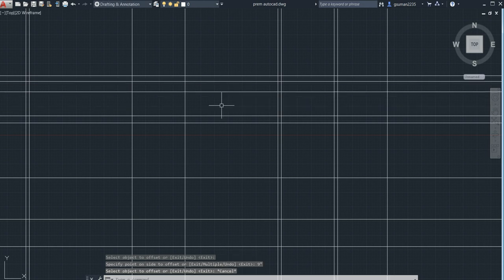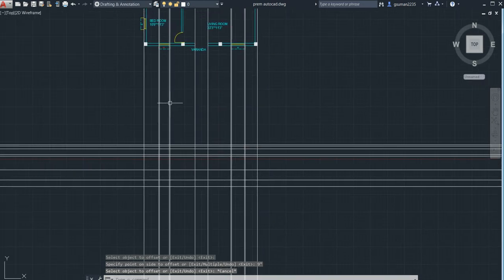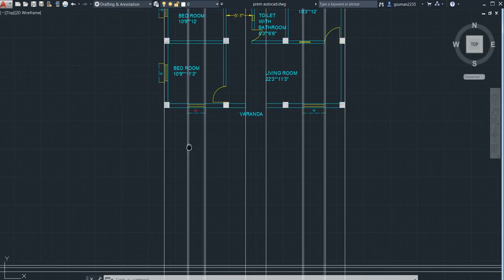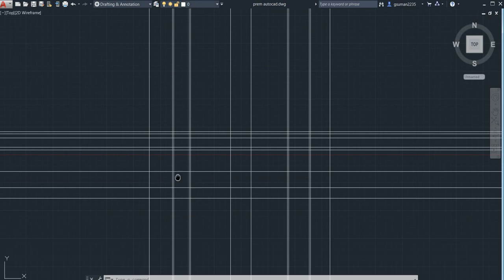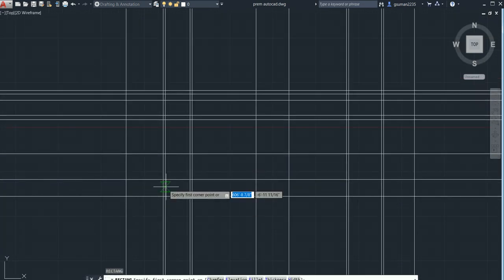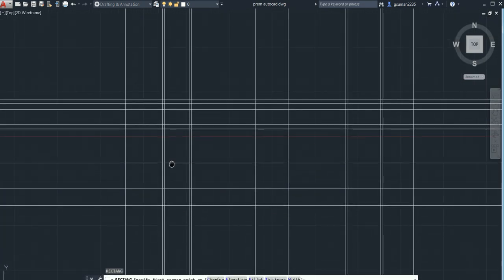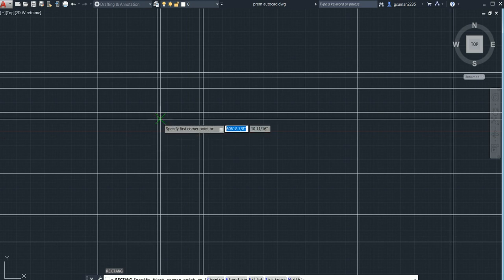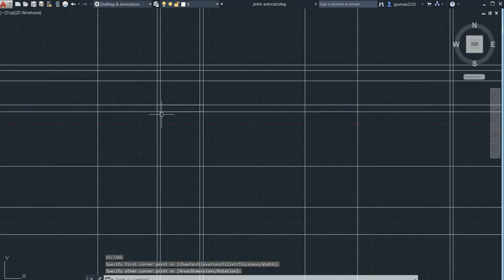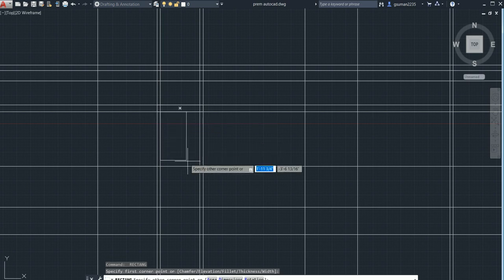You can see here your chhaja, here your window. So for this will be your chhaja. Go for the rectangle command, REC, enter. This is your plinth, this is your sill height. Now from here to here will be your chhaja. Click it, and now click it here also. Go by pressing the space bar. This is also your window.